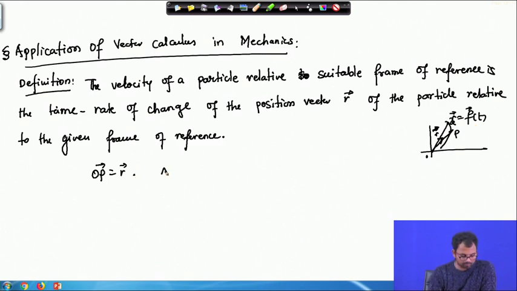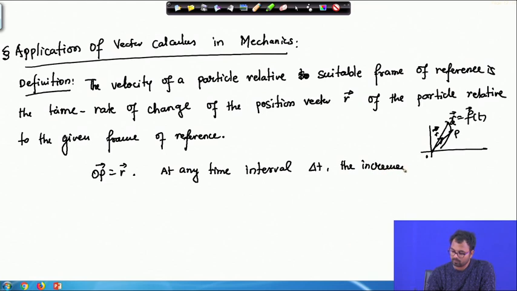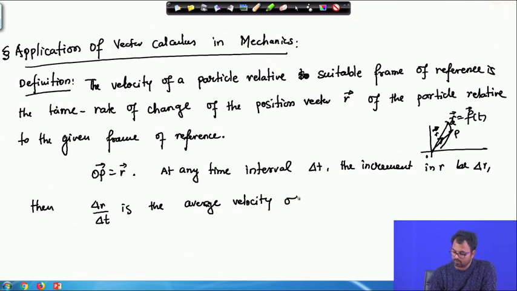So, at any time interval delta t, the increment in r be delta r, then delta r by delta t is the average velocity of p relative to O